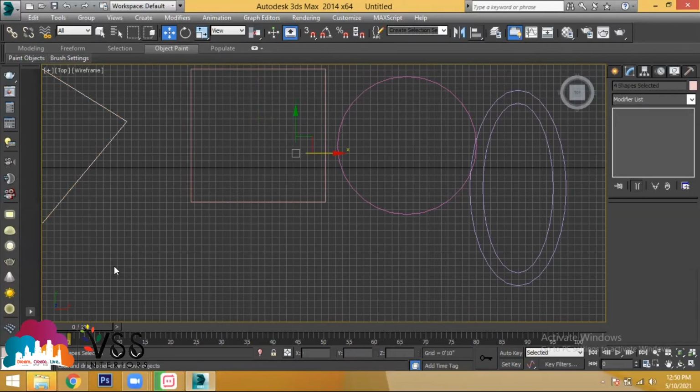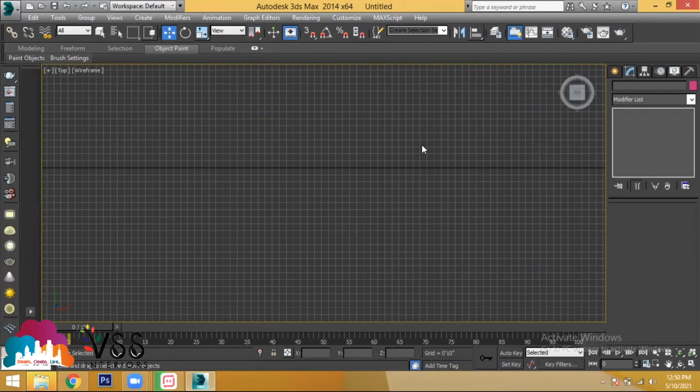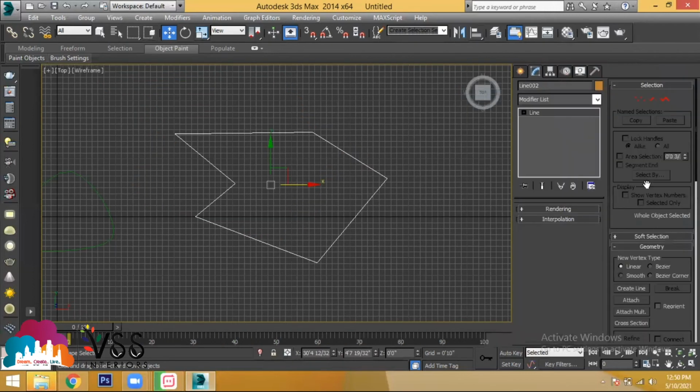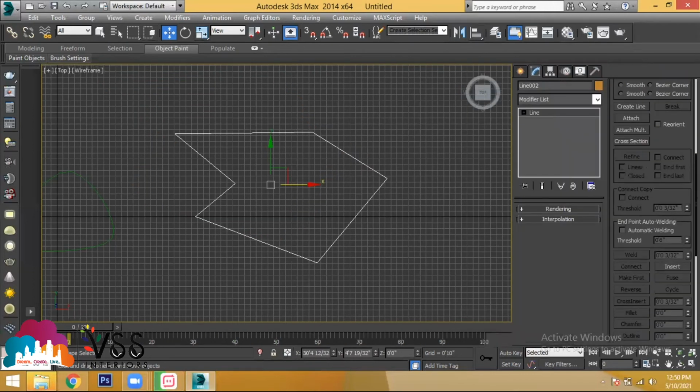But apart from these objects, if you go to the tool called line, whatever the object you have created, just drag this. Can you see this arrow over here? Click, hold your mouse and drag it. You will find two bars like this. There are two boxes or two bars.